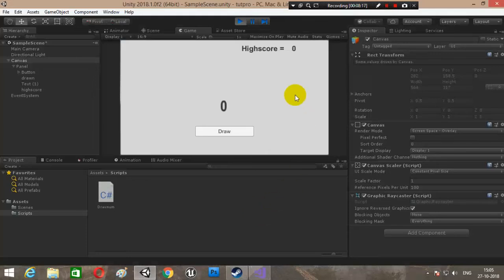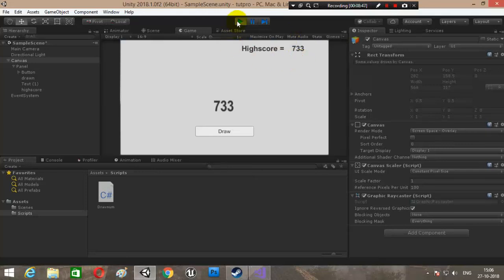Well, it's working correctly right now. As you see, the default value 0 is being displayed as the high score. Let's draw a number. Any number I draw right now will be greater than 0, so the high score will change right at the first click. High score changes to 264. Let's draw again. This time I'm getting a quite higher number, 733. It's stored right now. To show you that this value is actually available throughout multiple gaming sessions,